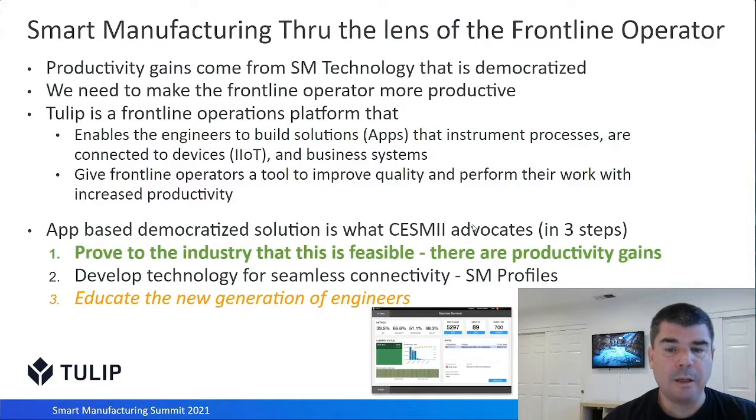in the data mapping and acquisition exercise. We see ourselves, Tulip, as innovators in this space. We're directing manufacturing operations around innovation, and we want to standardize the plant floor. It's the only way that we believe we can be successful in applying any kind of smart manufacturing technology, because